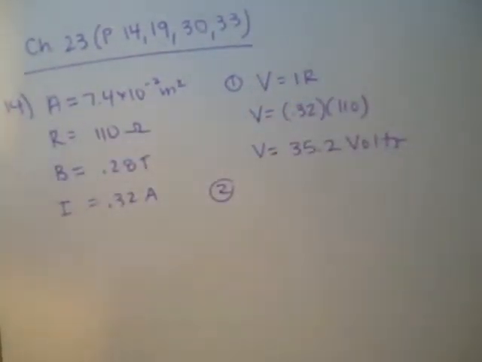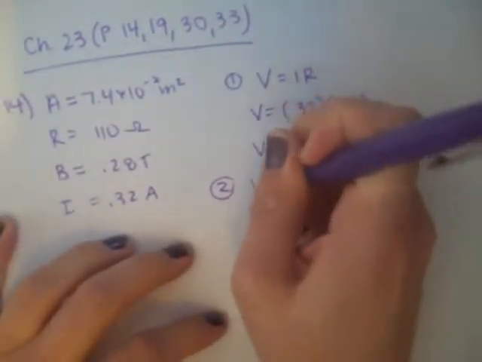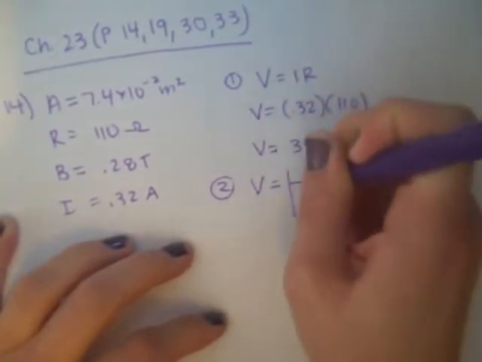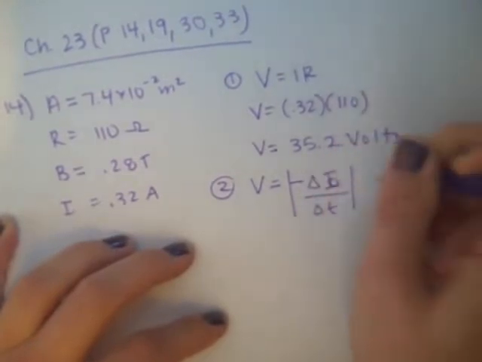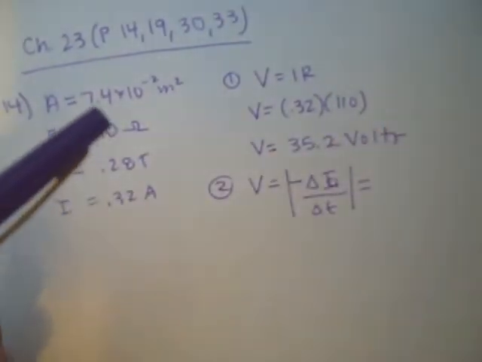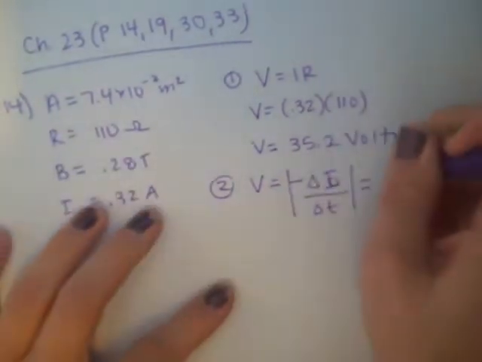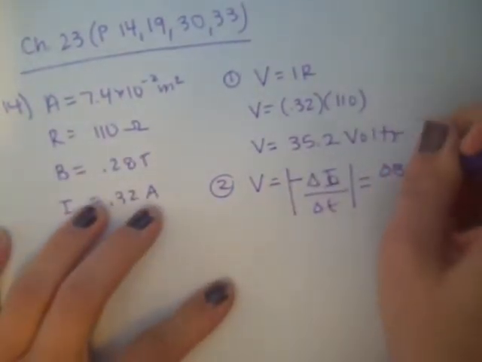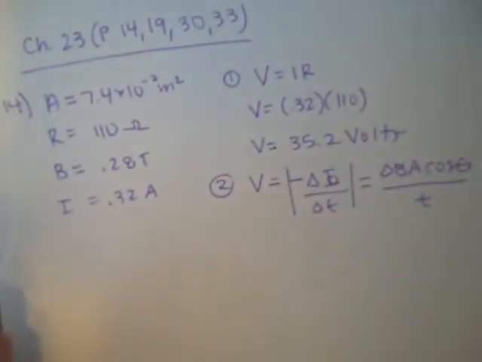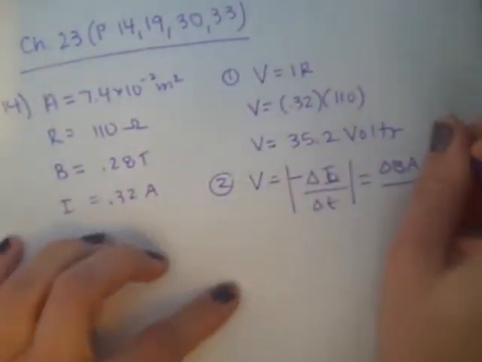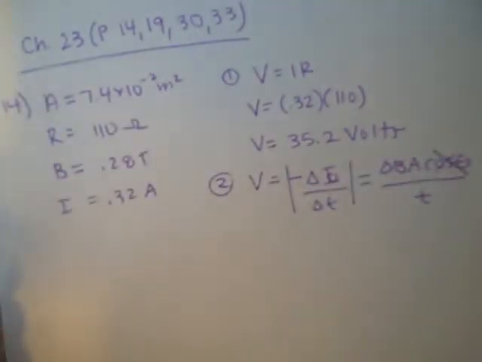Step 2 then will be to use the equation that relates induced voltage to your change in flux, which says that the induced voltage is negative, and you can kind of just say the absolute value of the change in flux over the change in time, which is going to be equal to your change in the magnetic field times the area times the cosine of theta divided by time. The cosine of theta can just drop out in this case since the magnetic field is parallel to the plane